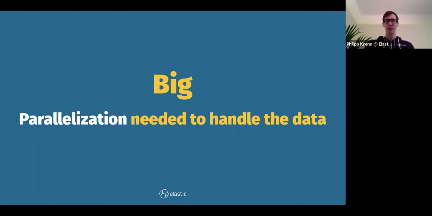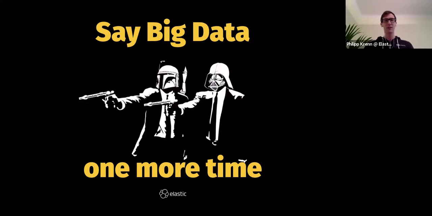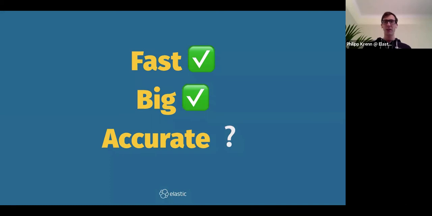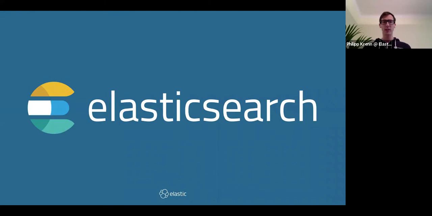So skipping over big data, because I think this is the thing that we always think about when we hear big data. Avoid the term because it doesn't mean anything. Let's dive into the actual details. So fast is probably clear, like you wait for the answer. Big, you need to scale it horizontally over multiple nodes, is probably also clear. Accurate is a bit more confusing. How could something be inaccurate and still be useful? So let's see how Elasticsearch handles this. And this, by the way, does not only apply to Elasticsearch. This applies to many other systems, but obviously we will use Elasticsearch as our system.